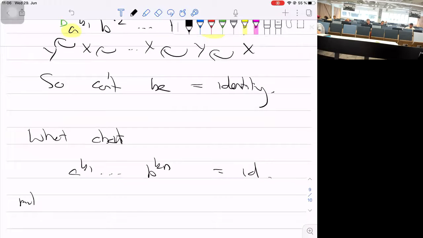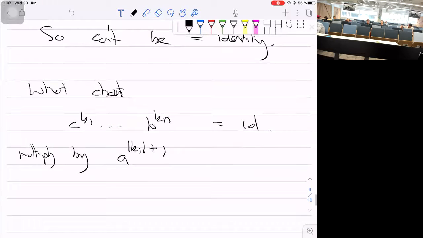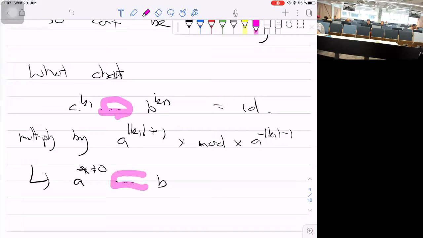So multiply by A to the absolute value of K1 plus 1, something silly like that, times this word, times A to the minus absolute value of K1 minus 1 on the other side. And then suddenly you have a relation that starts with A to something non-zero, and all the same stuff as up here filled in there,